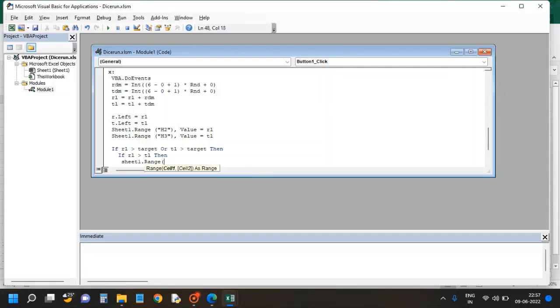So that's the condition we need to check. And suppose it's the rabbit left position that is greater than TL after reaching the target, which means the rabbit has won. So we need to change the